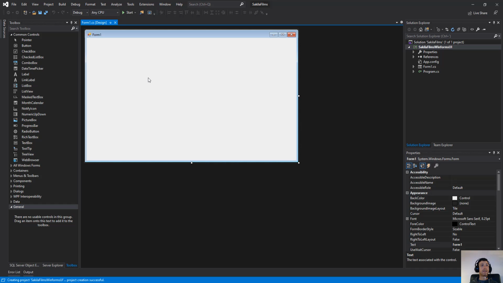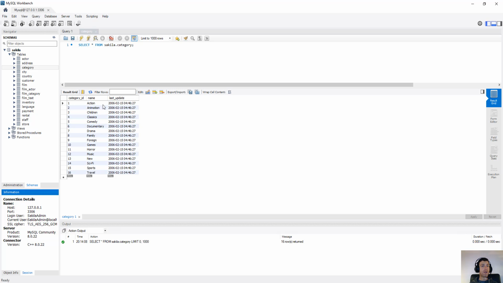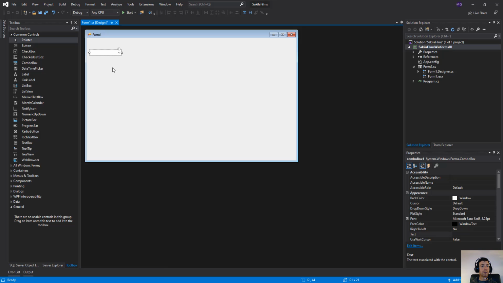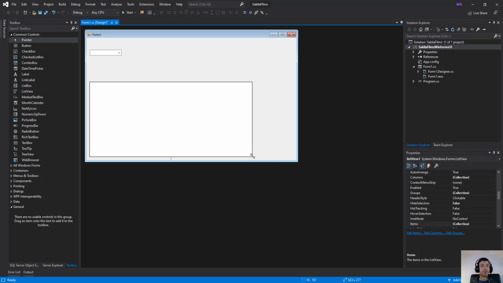So in this main form, okay, this is going to be the main form. What I want to do is, from a combo box that will appear all the categories, and we have them in here. And when I select a category in the combo box, I'm going to show them in a list view. Okay, the list view is the same as the